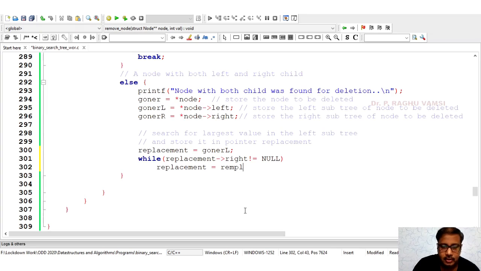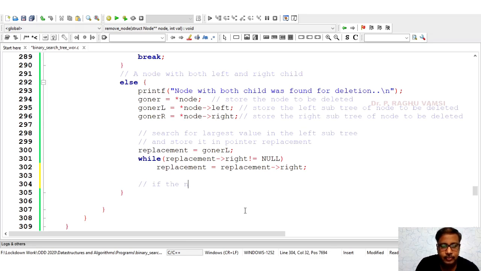Replacement right? So replacement is equal to replacement right. So this is the way we are going to identify the largest value in the left subtree, and we are going to place it in the replacement pointer for the purpose of the node which is to be replaced in place of the deleted node.